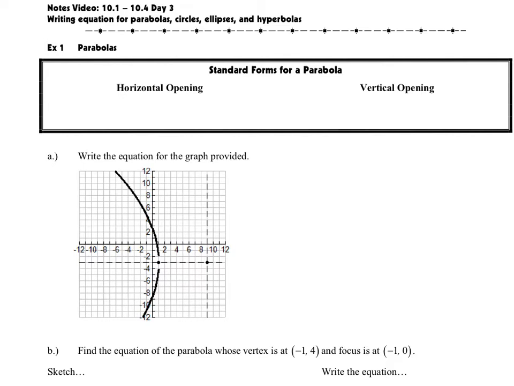In this video, we're going to look at how to write the equation for a parabola, either based on a graph or based on the characteristics that are given. The first thing I want you to notice, which we're going to fill out in this top box here, is how we can think about these standard forms, because it's not going to make a huge difference whether it's a horizontal opening or vertical. Remember, our horizontal openings will be these left-right parabolas,